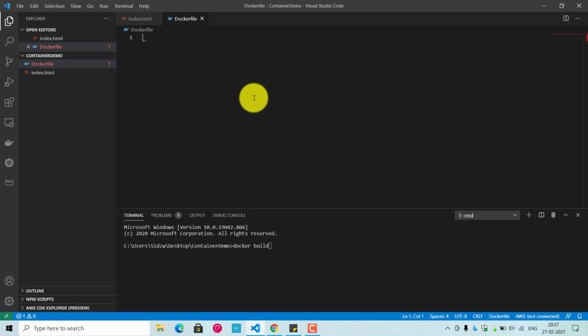But overall, it has the same properties and characteristics as the Apache web server. In this example, I'm going to use Nginx. So this provides the configured web server on the Linux Alpine distribution. This particular Nginx image is based on the Linux Alpine version. And what is the Alpine distribution and all that?